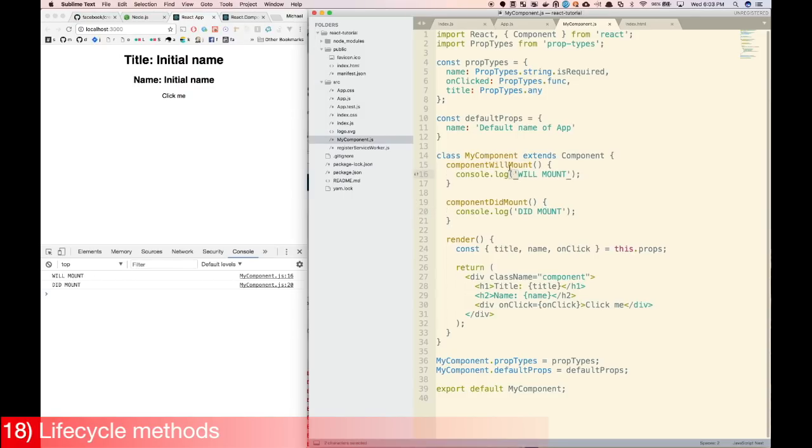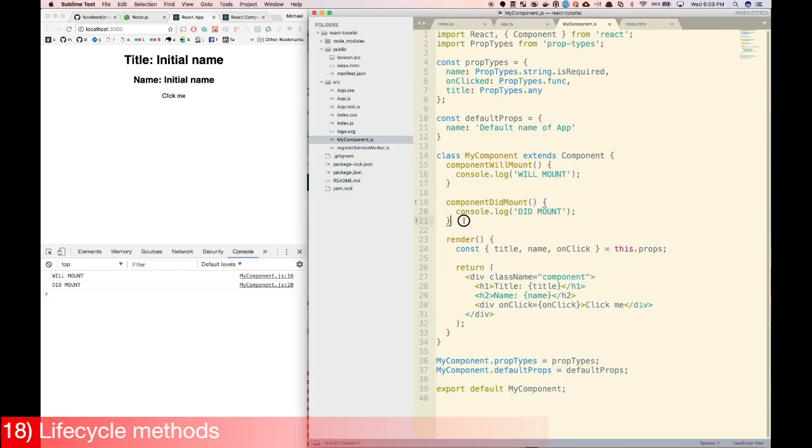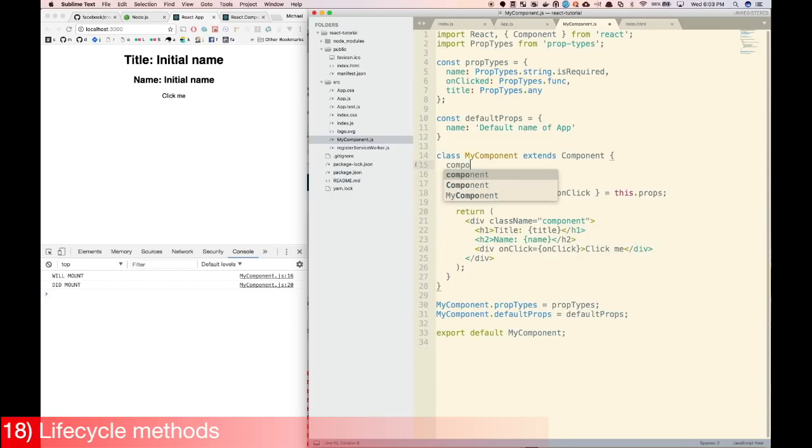componentWillMount's a good place to make some AJAX requests so that you can get the data before the component mounts. componentDidMount is a good way to maybe focus a field after the component loads. Now let's try some other ones. Let's try component